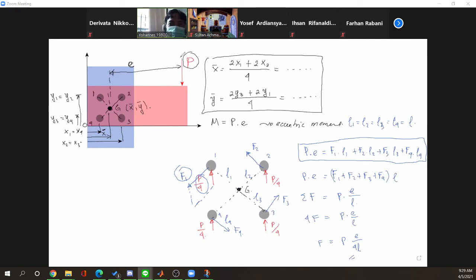Okay. So this is the resultant of the shear force in the first rivet. Okay, so this is R1 and